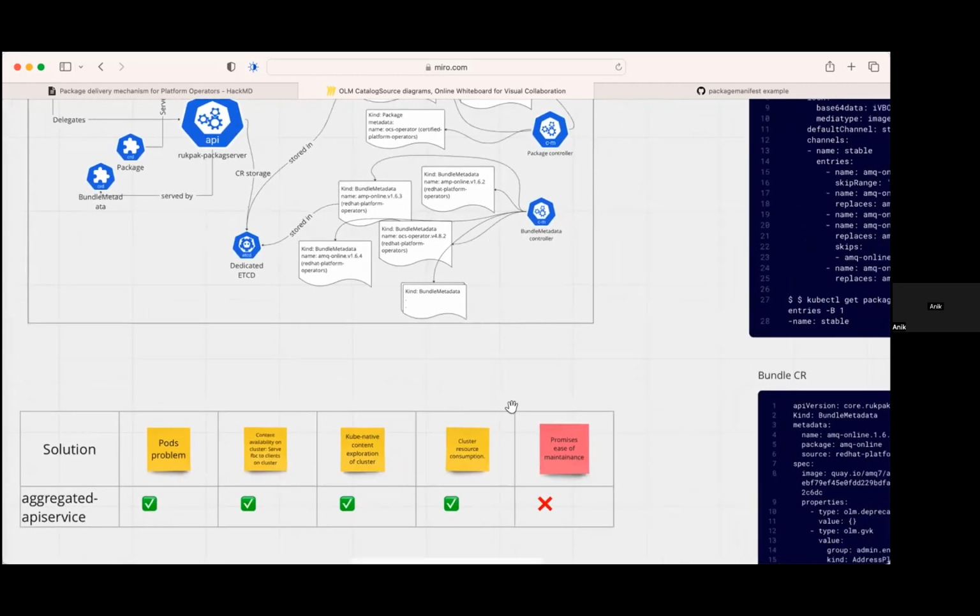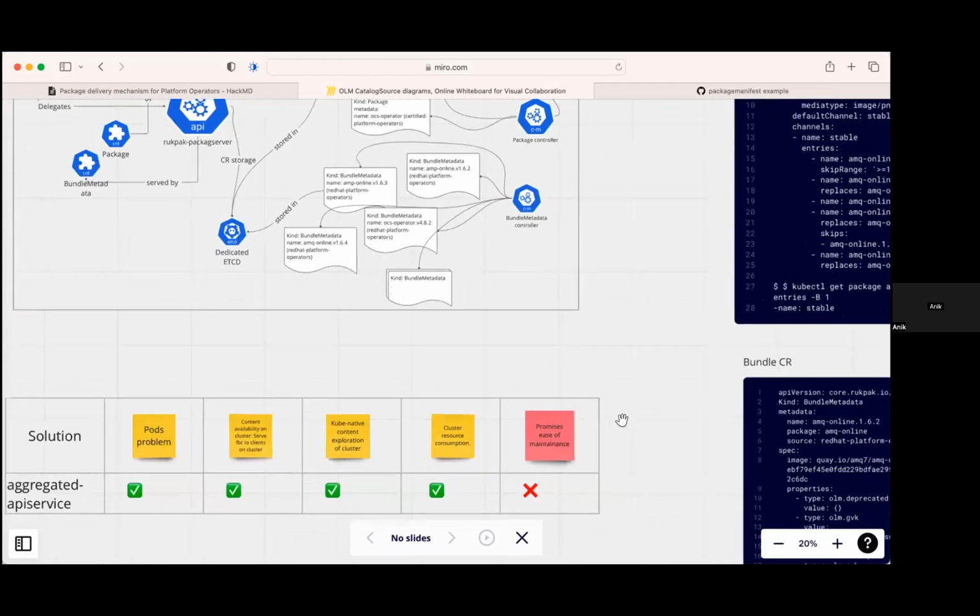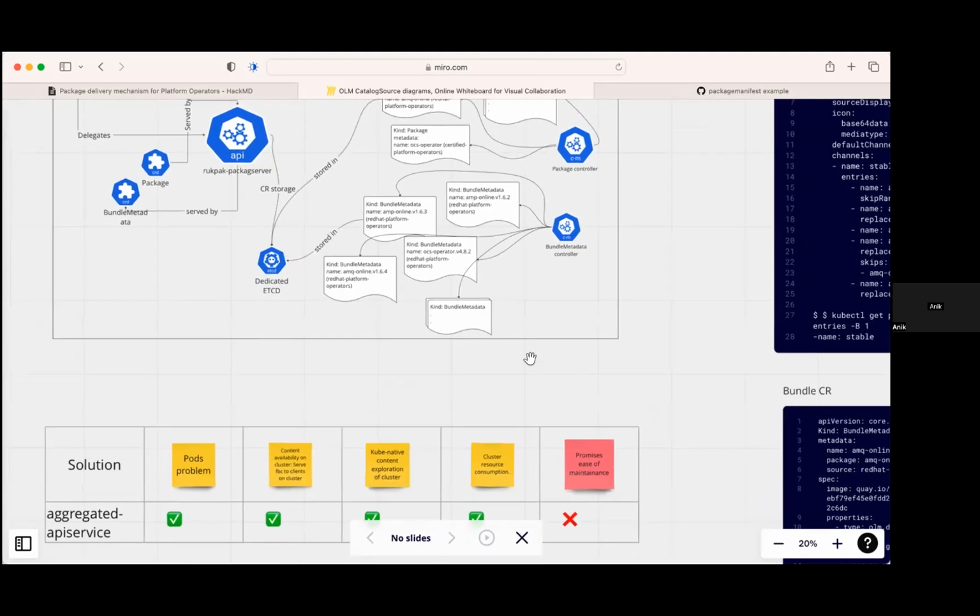But one of the problems I think that got highlighted when we were discussing this solution is the ease of maintenance. I think Chris already mentioned this: everybody's used to this ubiquitous controller plus CRD, and that drills down to the maintainers of this project too, because we are so used to looking at controllers and CRDs. I think there's much more comfort in even thinking about maintaining controller plus CRDs. And also,